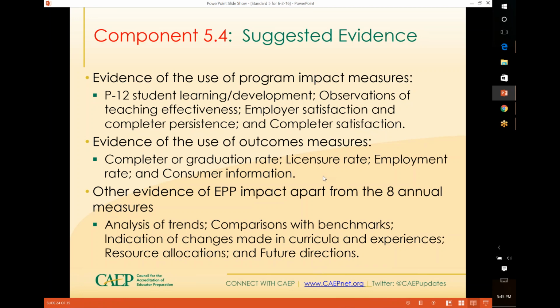Now granted, I know they weren't in the annual report this year, but there's a reason for that, and CAEP is revising the questions that they're asking about those 8 annual measures, so that next year, when that report becomes available, you will find them included in the annual report again. When you're looking at the outcome measures, you're looking at your completer or graduation rates, the licensure rates, the employment rates, and again the consumer information. And what CAEP is looking for here is not that you have those rates available, but that you're actually using them to inform